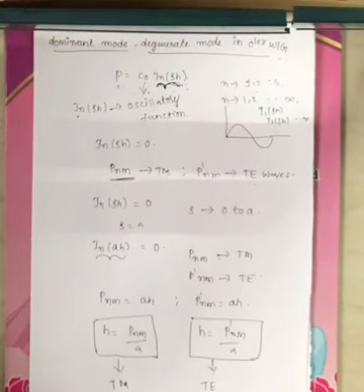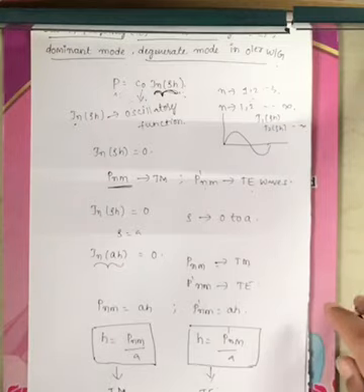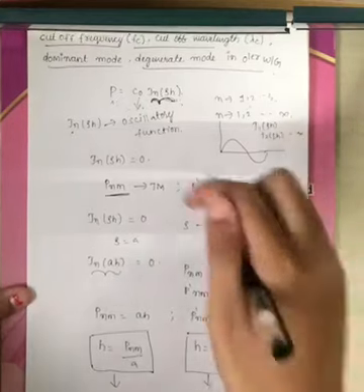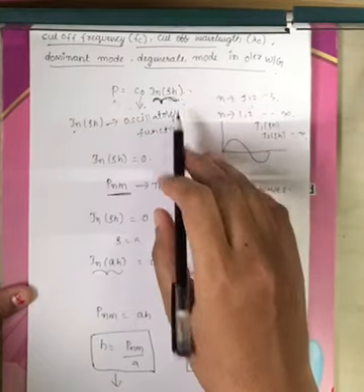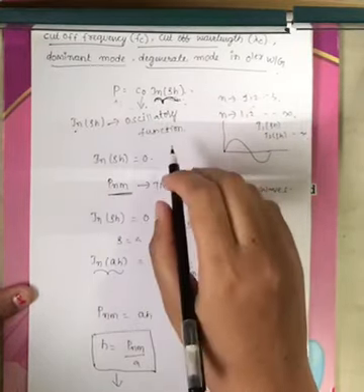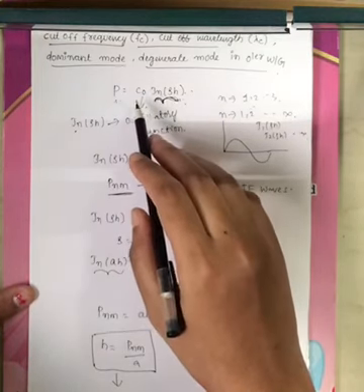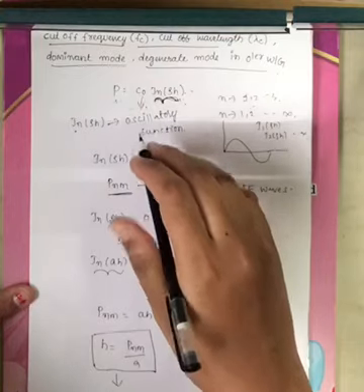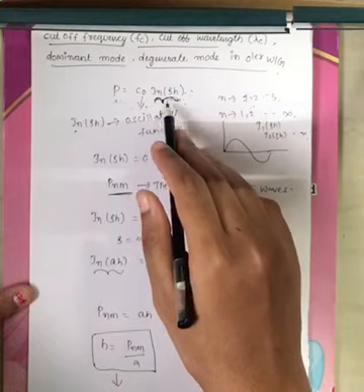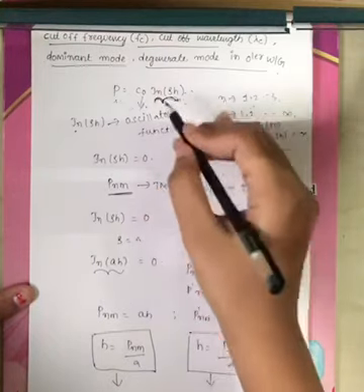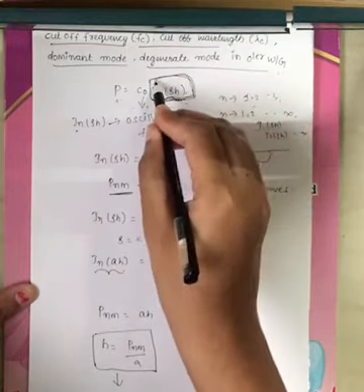Now let me briefly explain again. Here we are finding the value of h, right? Under TE mode of propagation and TM mode of propagation, we have converted the wave equation into an nth order Bessel function, and we have found its solution, that is given by P equals C naught into Jn of rho h. Now this Jn of rho h is nothing but a Bessel function, right?